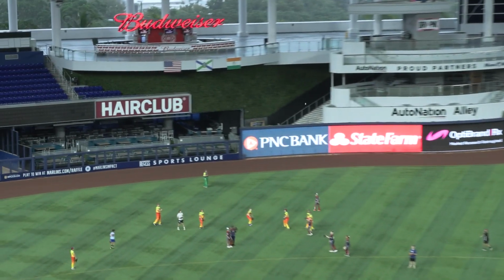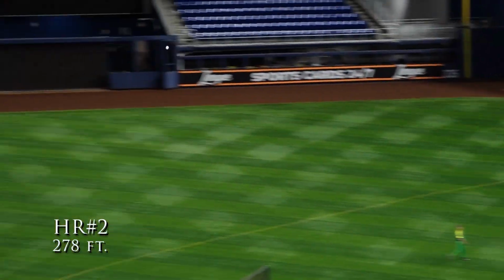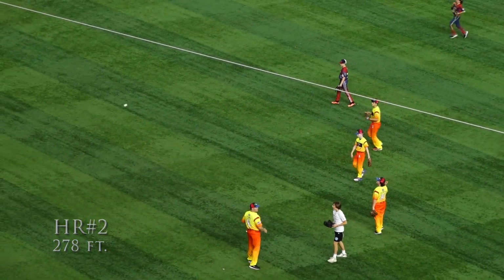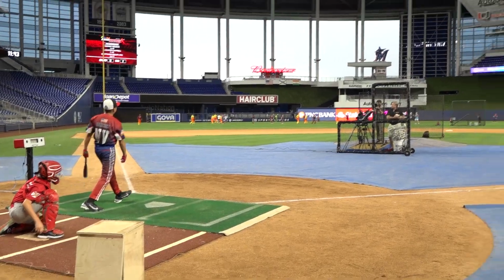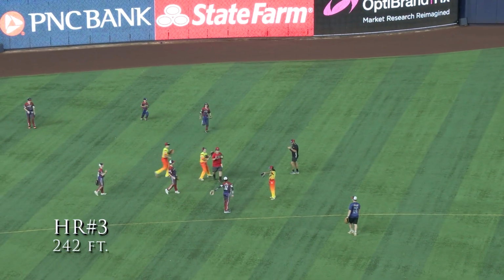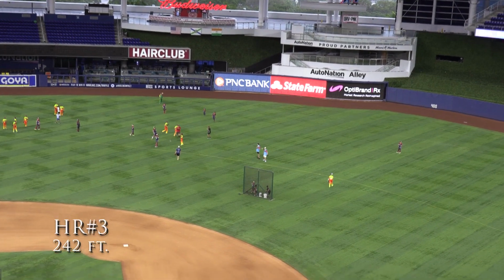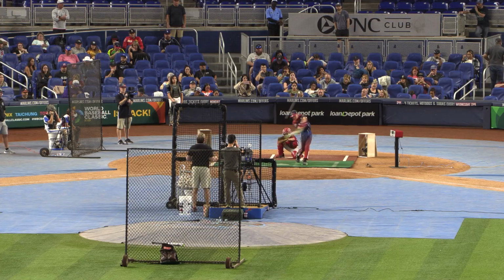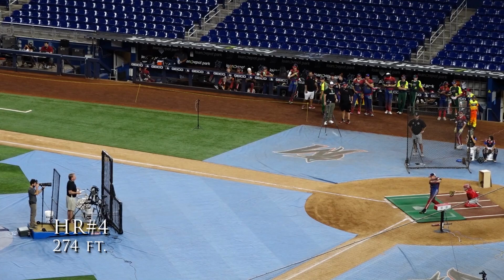Oh, he gets a hold of this one. Left field and gone. Home run number 2. 278 feet. There's a drive to left field, close near the line, and it's gone. 242 feet on that last home run. He gets a hold of this one to left field. It is deep, and it is gone. 274 feet on that